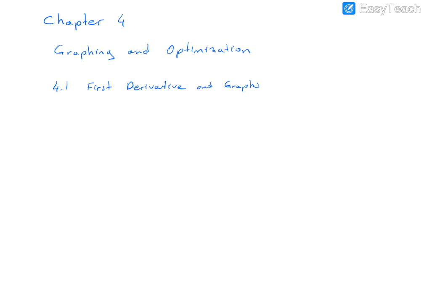In the first section, we will learn the geometrical meanings of the first derivative, so increasing and decreasing functions. In chapter 2, third section, we learned how to make a sign chart. Sign charts will be used throughout this chapter. You will find it helpful to review that section because we will use sign charts.